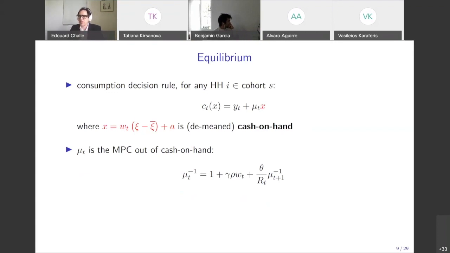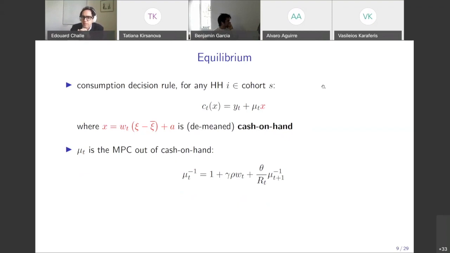This is just a policy rule as a function of the individual state. In a simpler model, you would just take the permanent income behavior of an individual agent. The individual state variable would be total wealth, and a fraction of that would be consumed. This is the same thing. That's right. In the individual state variable, you have both a stock, which is the wealth of the agents or the liquidity sometimes, and the effect of the current income. You have both stocks and flows in the individual state.